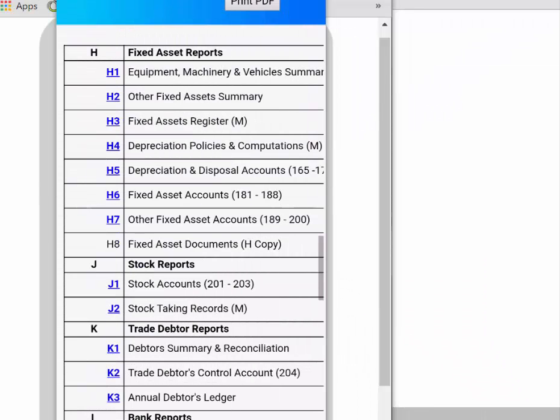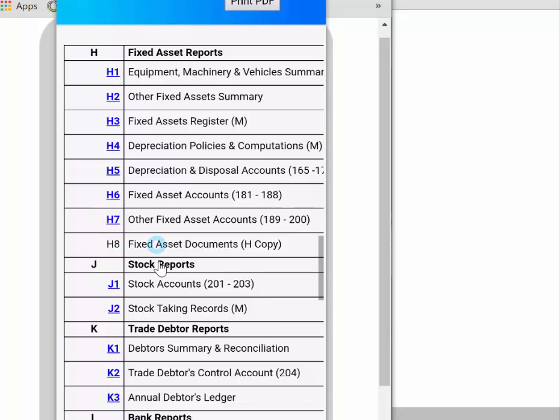Fixed asset and stock reports. We've got 7 fixed asset reports, probably 8, although one has got to be in the form of a hard copy document supporting figures we expect to find on the major fixed asset reports in terms of purchase documents, and then we'll look at stock reports below. Among the fixed asset reports,